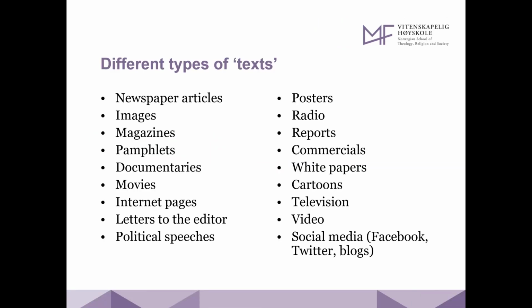And when we talk about text in this way, it's a rather wide notion of what a text can be, which includes both written and visual documents. So a text can be a newspaper article, but it can also be an image. It can be a magazine, it can be a pamphlet, it can be a documentary that includes both visual and written text. It could be a movie, an internet web page, a letter to the editor from a newspaper,